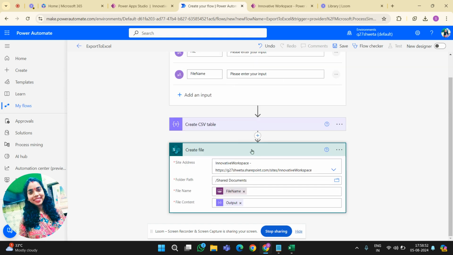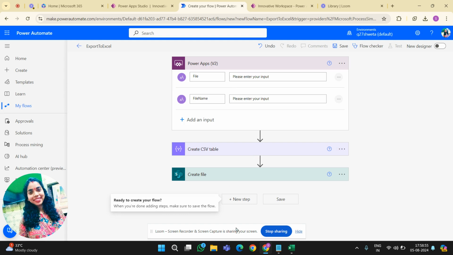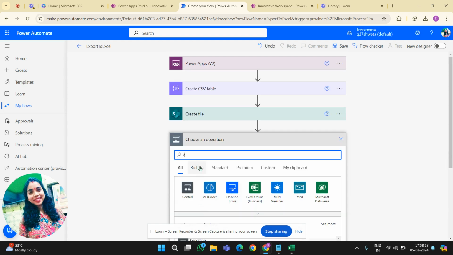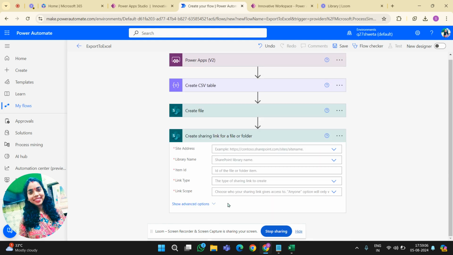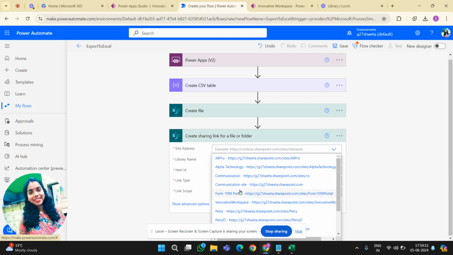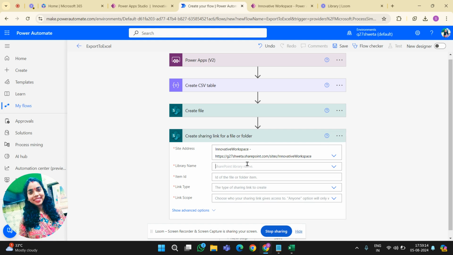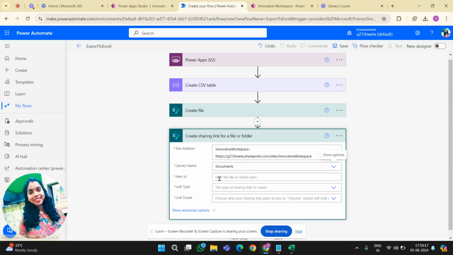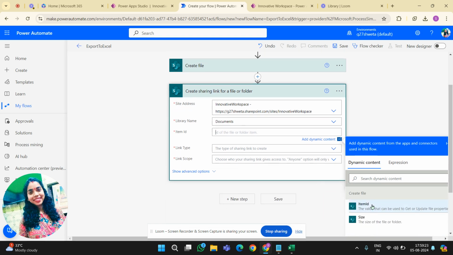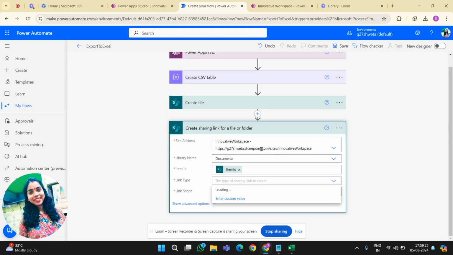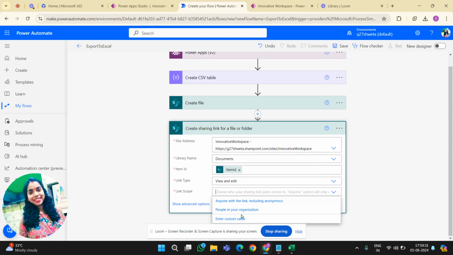Once the file is created, I need one action which is create sharing link for a file or folder. Item ID, the file which was just created; we will take the ID of that file. Link type, here I am giving view and edit permission, with scope of the current organization.